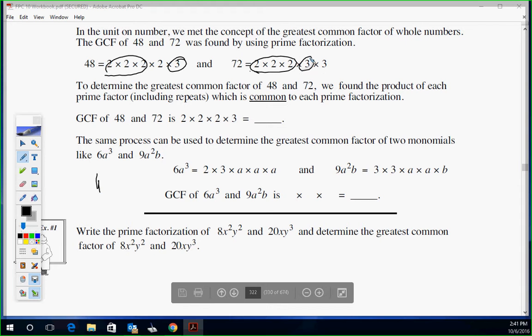1 3, so we take 1 3 from there. So it was 3 2's and a 3. 2 times 2 is 4, times 2 is 8, times 3, so it's 24. 24 is the GCF for 48 and 72. Correct. Okay, so now, when we introduce the same concept with variables, we just write them out, and then we